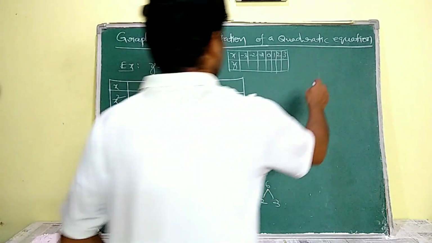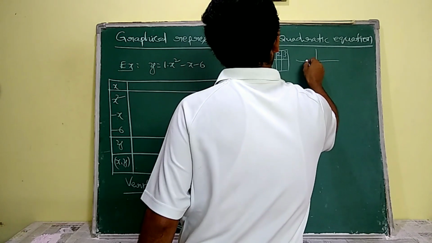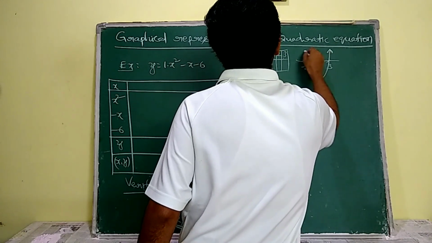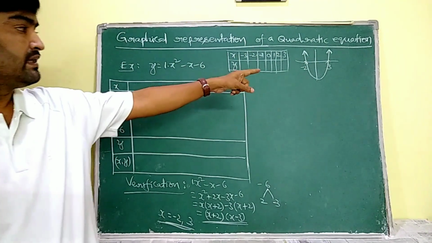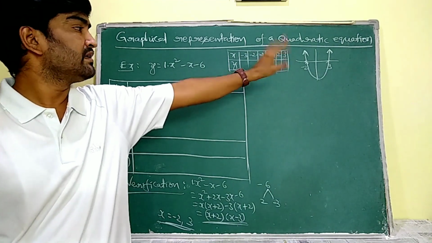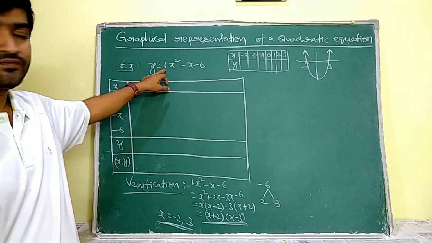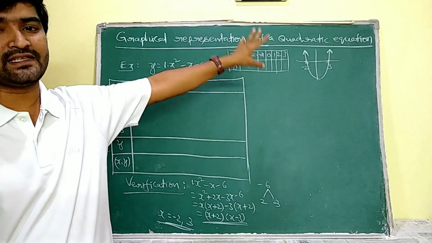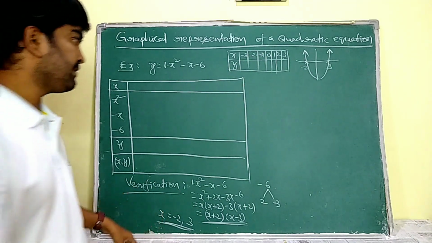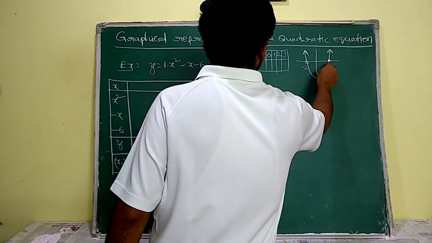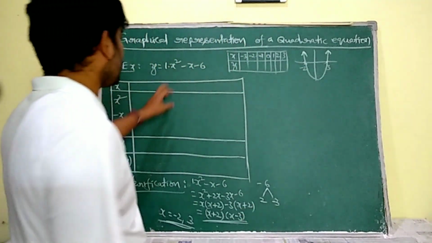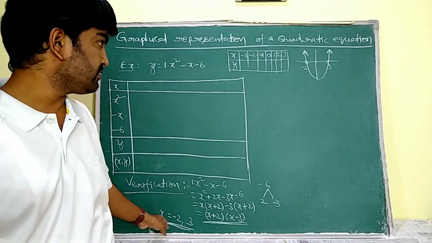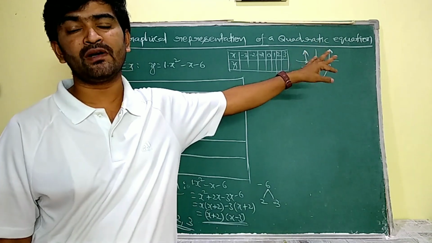Roughly I am going to draw the graph for this. Let us suppose it is minus 2, it is 3. As the parabola is upwards, the required graph is going to be like this. The required graph passes through minus 2 and 3, and as per the conditions this graph is upwards. That means the x-axis has minus 2 and 3 as zeros for the polynomial y equals x square minus x minus 6. By the zeros, the x values are in between minus 2 and 3.